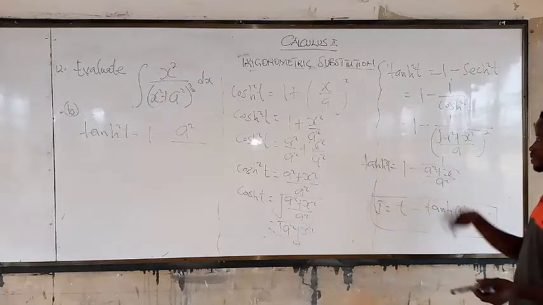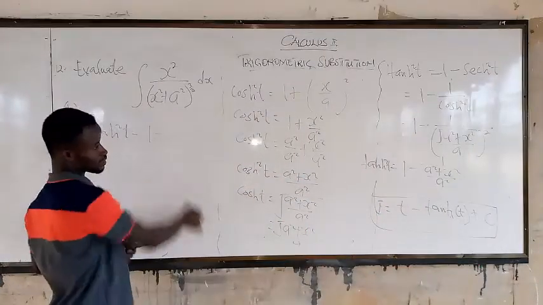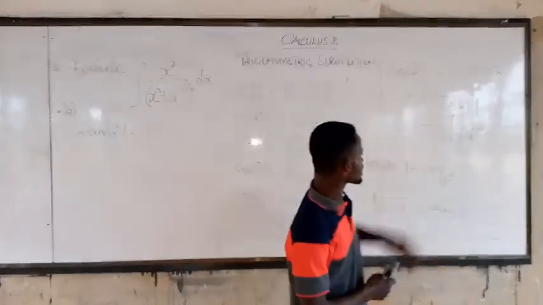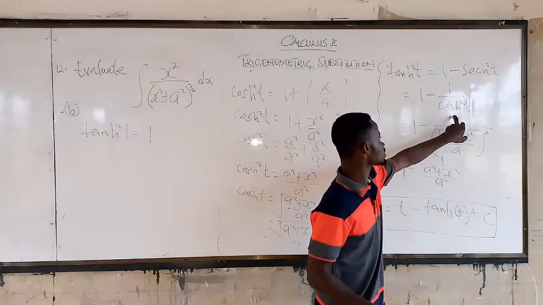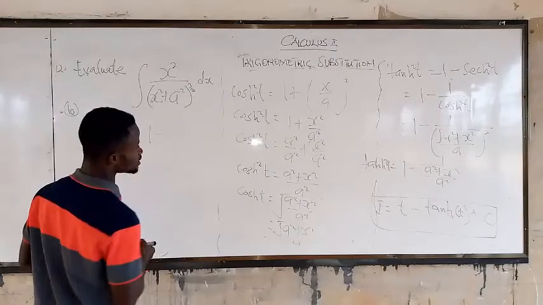So that will multiply by this. So we are going to get, don't forget that here is 1 minus 1 over. So this is like 1 over 1. Then there's a fraction, so you get